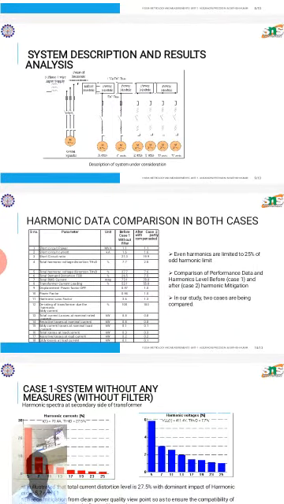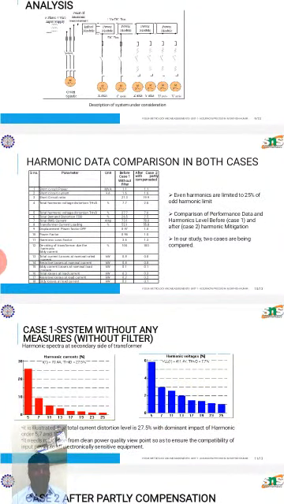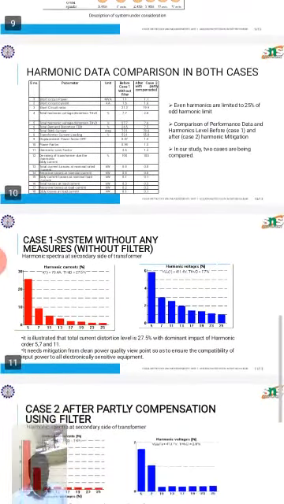total demand distortion TDD, total RMS current, transformer current loading, displacement power factor DPF, and power factor, harmonic loss factor, derating of transformer due to harmonic eddy current, total losses at nominal rated current, resistive losses at nominal current, eddy current losses at nominal load current, total losses at load current, resistive losses at load current, eddy losses at the load current. This one is the table, in percentage.